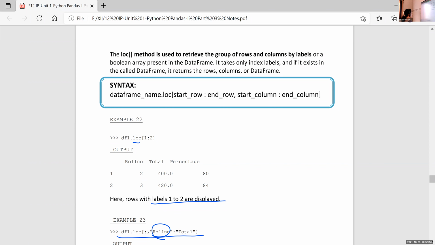Correct, Elvina. Very good. So here in this loc, first I am using a colon. The first position represents the row value. So here the meaning is that we are including all the rows, and comma, roll number colon total.